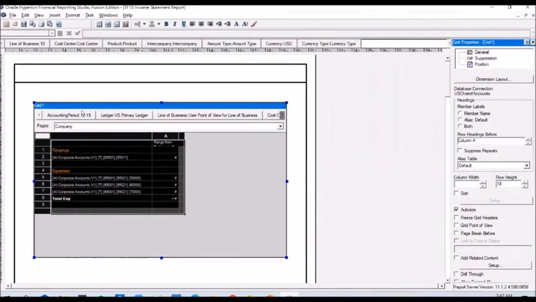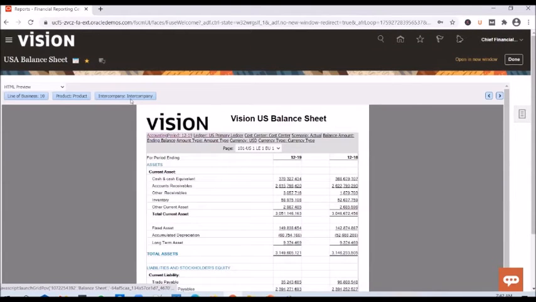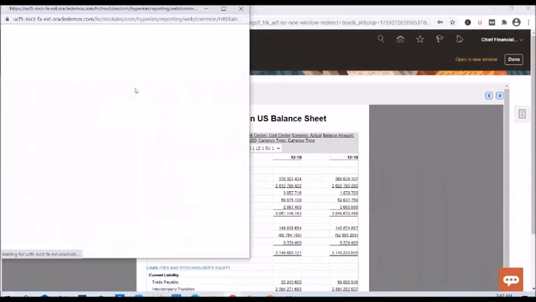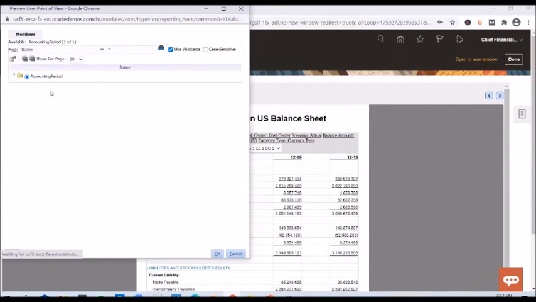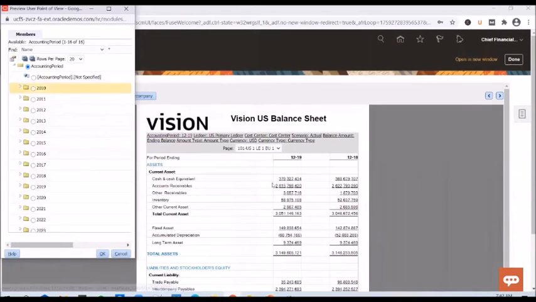Okay. And this is how you add the point of view and select default values there. But if you look at the report, for some of these points of view, you can select any value for that matter. Say, for example, if I click on accounting period, I can select any period and I can execute the report. Of course, the default value is 12-19, but I can select any period and execute the report. And the same applies for a few other points of view as well.